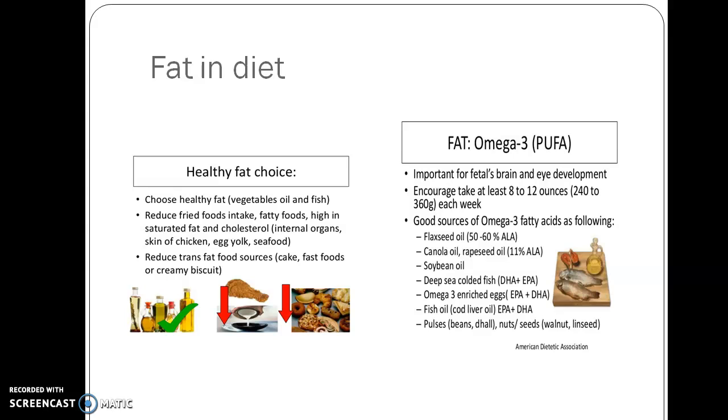Now, fats in the diet, the healthy fat choices are using vegetable oil and fish, reducing fried food intake, and fatty foods high in saturated fats and cholesterol like the skin of the chicken, egg yolks, seafood, etc. And also to reduce the consumption of trans fat food sources like cakes, bakery items like biscuits, fast food, etc. But omega-3 polyunsaturated fatty acids are very essential for fetal brain and eye development. We should encourage to take